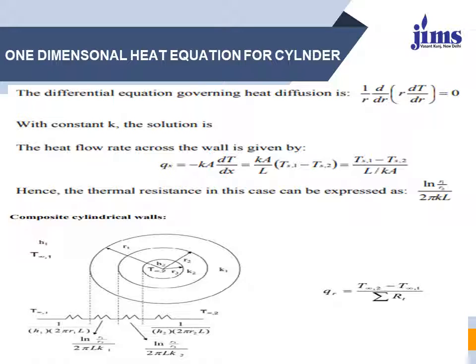So finally the composite cylindrical wall has the heat transfer rate Q equal to T initial minus T final divided by the summation of the total resistance. We can use both concepts, the series concept and the parallel concept. Cylindrical layers are generally placed in series, so the total resistance is R1 plus R2 plus R3. So in the general case, the heat transfer rate for a cylindrical wall is the initial temperature minus the final temperature divided by the summation of the total thermal resistance of the cylindrical wall material.